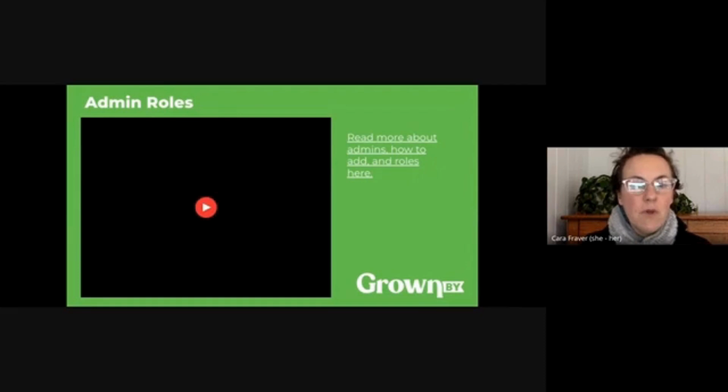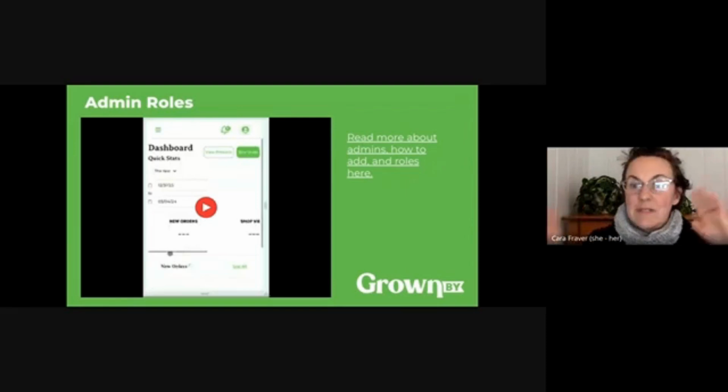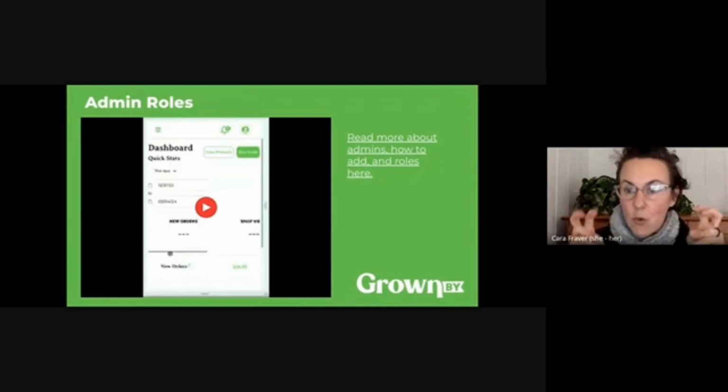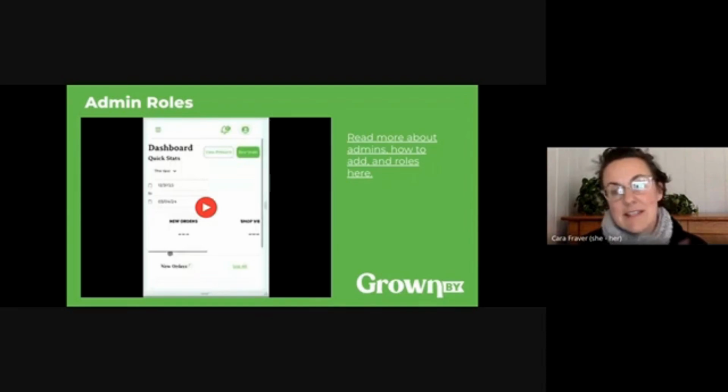Admin roles are a way to help farms have a number of different people access your account. So you can add anyone to be an admin on your account. You, the person who claimed your farm, are the owner and you will always be the owner. No one else can take that away from you unless you contact us and then we can switch things around. But then you can add other admins who have the same responsibilities as the owner,